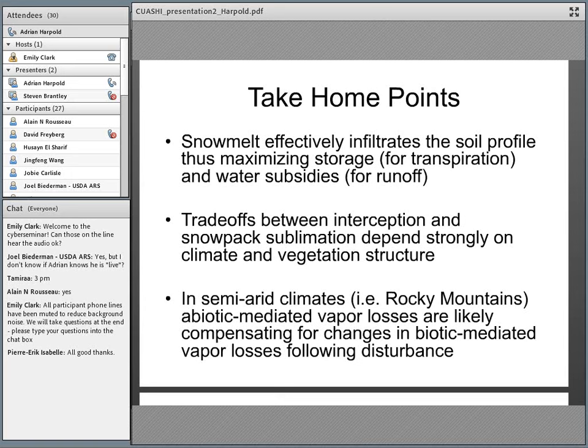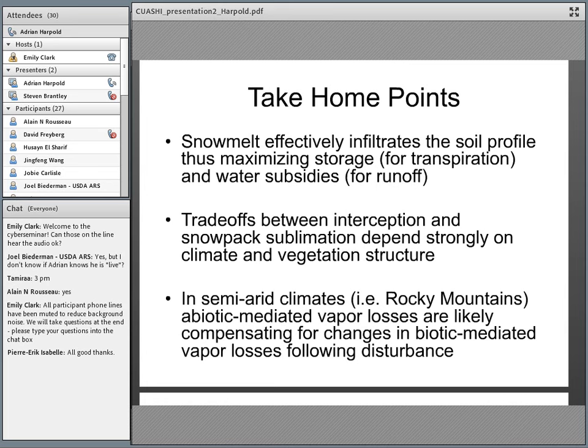Snowmelt is both, because it effectively infiltrates and percolates through the soil profile, it can be both effective for providing storage, soil water storage for transpiration, as well as generating water subsidies for runoff. And trade-offs between interception and snowpack sublimation are strongly mediated by climate and vegetation structure, and can be compensating to each other under certain conditions, but I think more work is necessary to understand how climate and vegetation guide or control